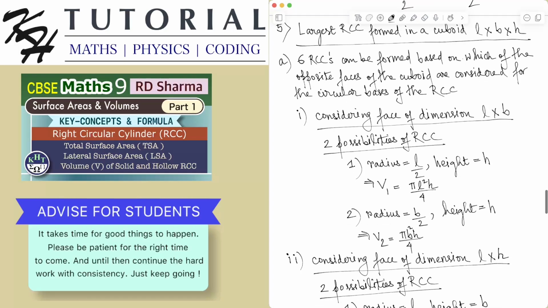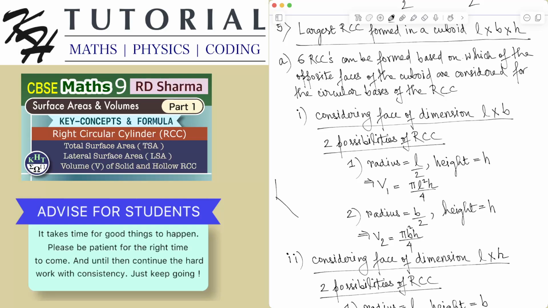Now, the 6 faces of a cuboid of dimension LBH have basically 3 distinct areas, which are LB, BH and LH. If you consider the face of dimension LB,